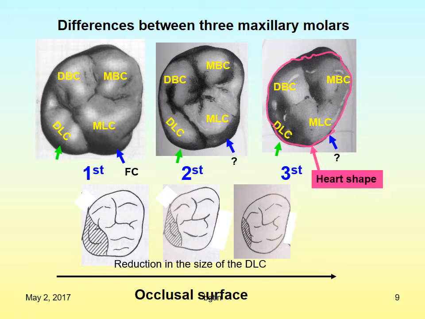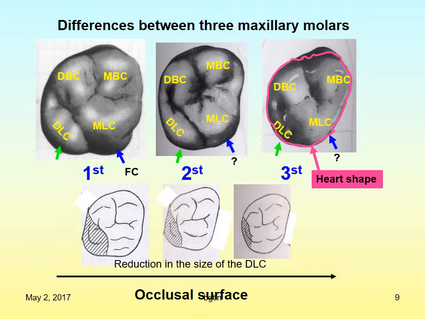Then we'll see how you can differentiate the three maxillary molars. The major differences between the three maxillary molars can be identified from the occlusal surface. As you can see in these pictures, the first, second and third molar occlusal surfaces are reducing, and you can identify first one supplemental cusp, which is the fifth cusp, called the cusp of Carabelli, is not present on the second